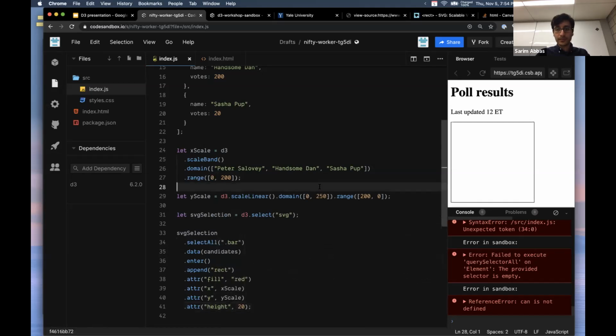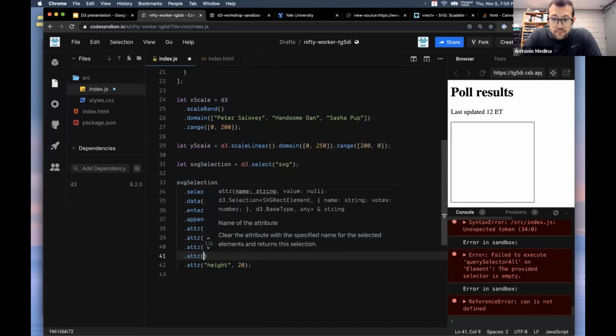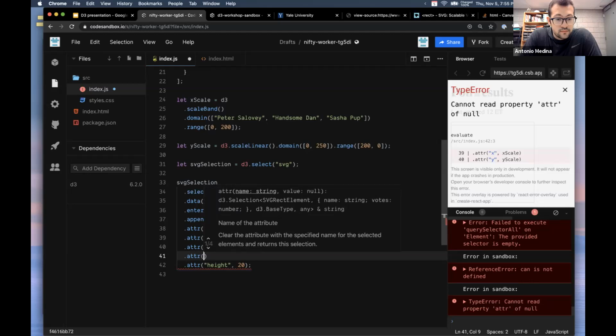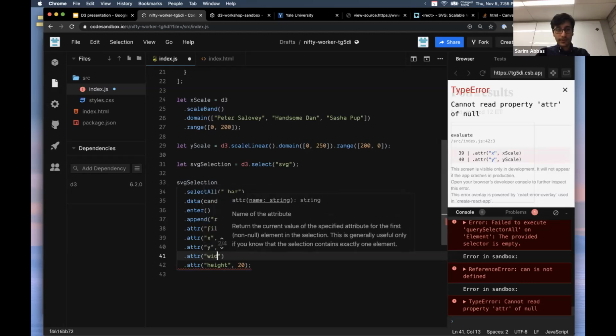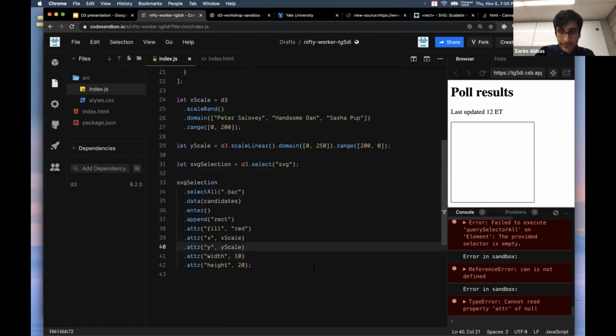Maybe 20 or something. Let's see. Does it need a width? Yes, it does. Good catch. So let's do a width and let's do 10. Perfect. So in this case, you see that,